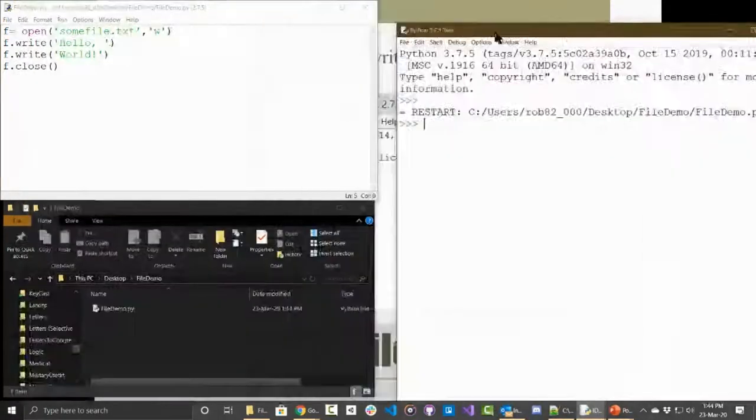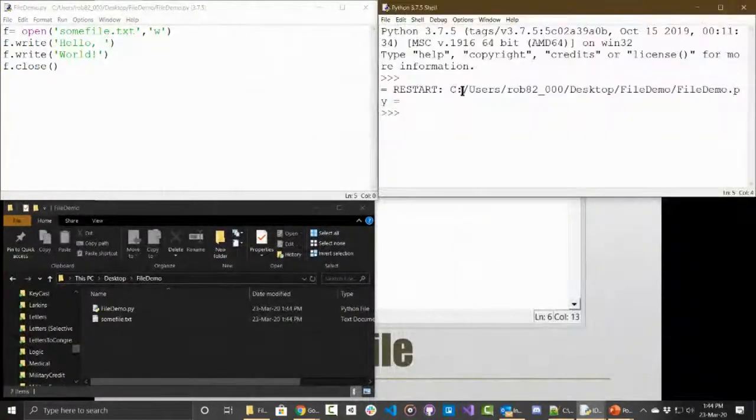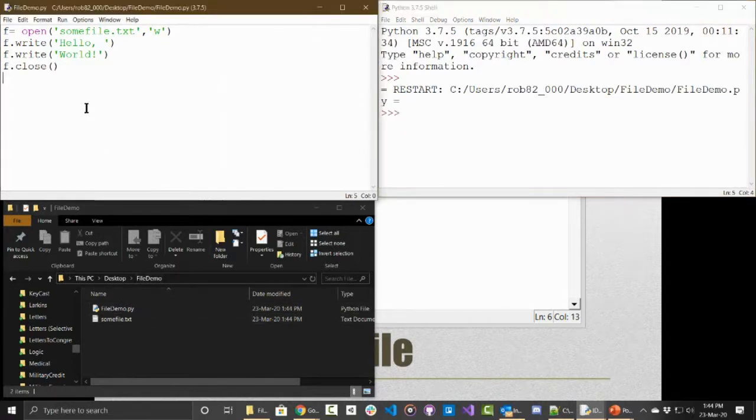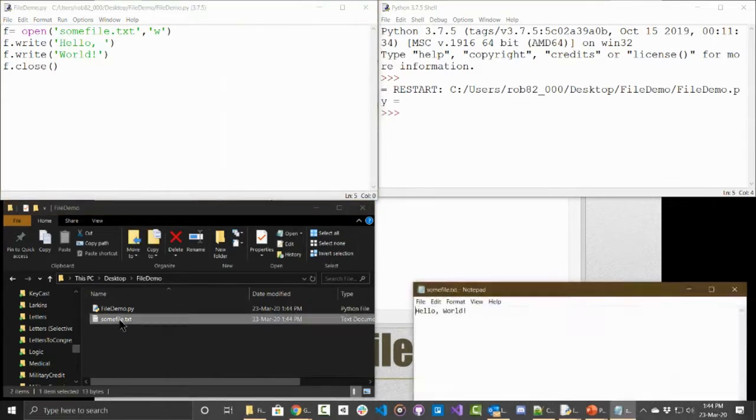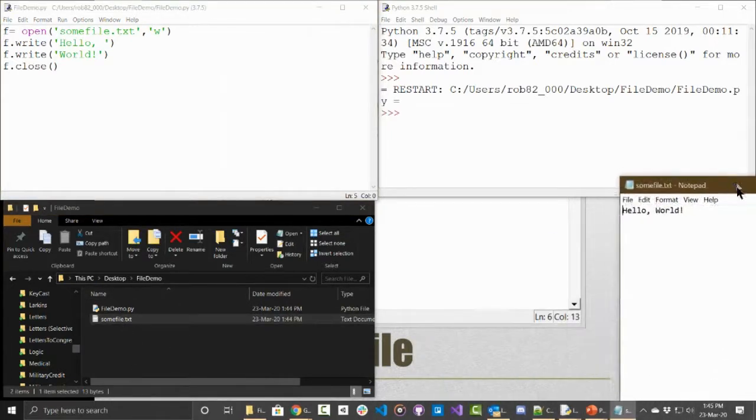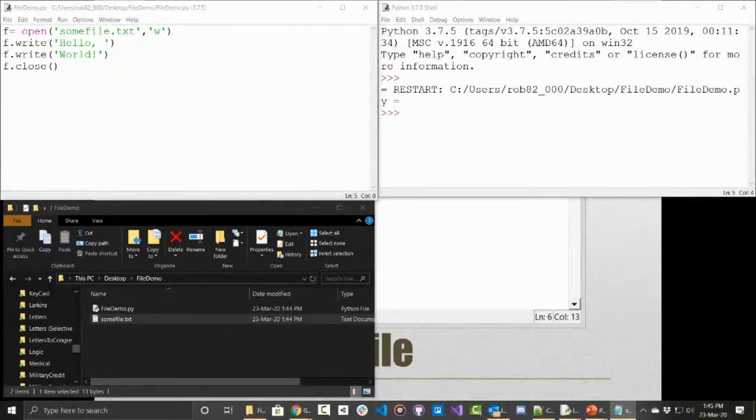the question is, where does somefile going to end up? Notice that when I ran it, somefile.txt shows up in the same directory where this program is located. By default, if you make a relative reference, it's going to put it in that directory. And if I open up that file,